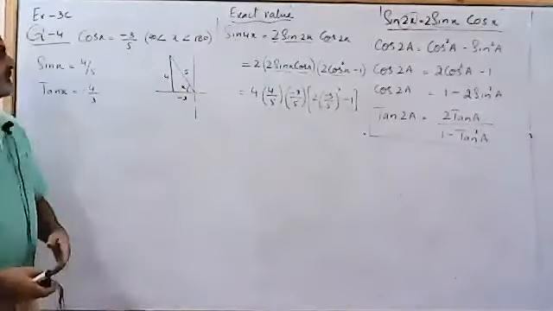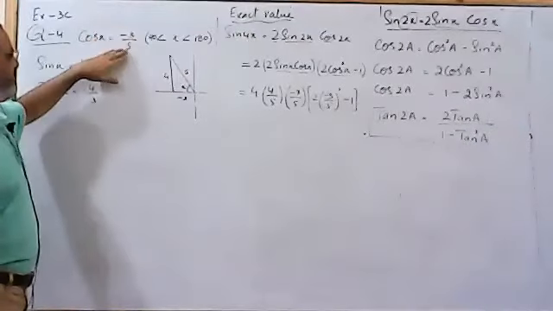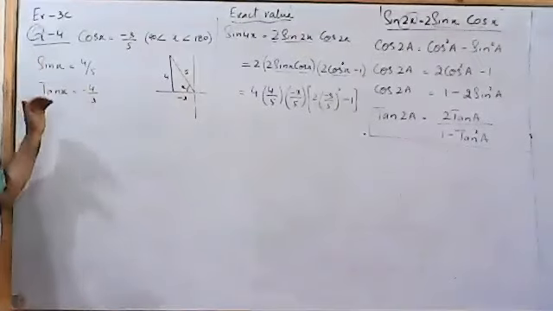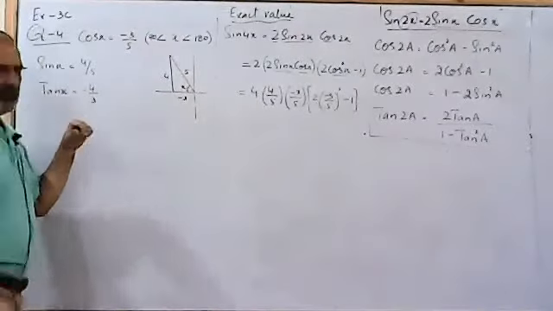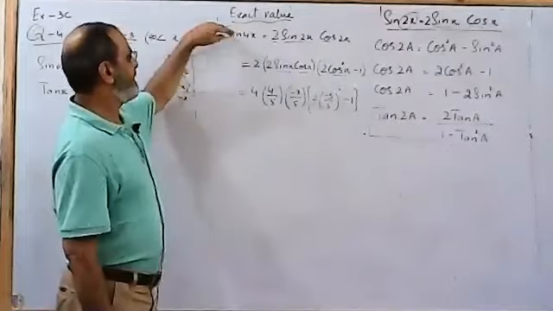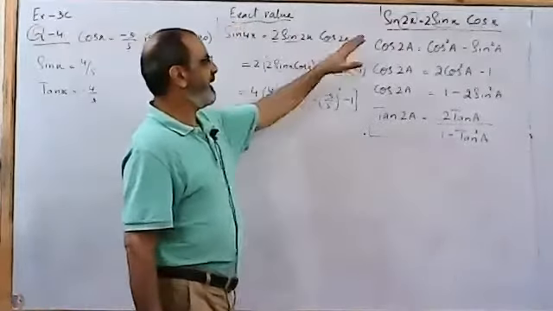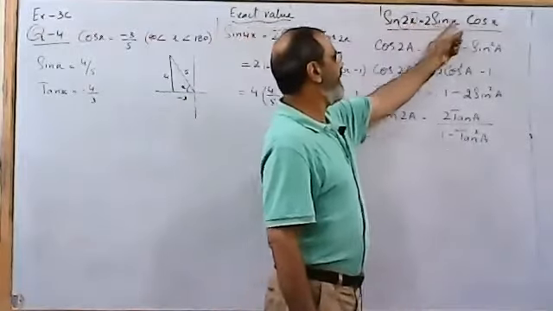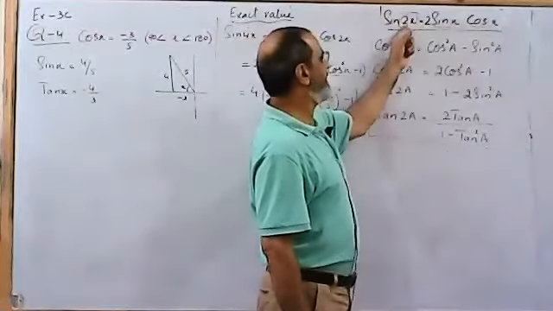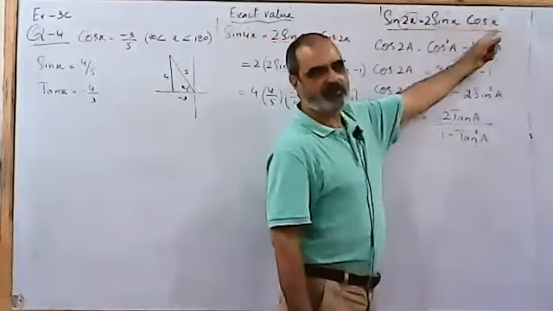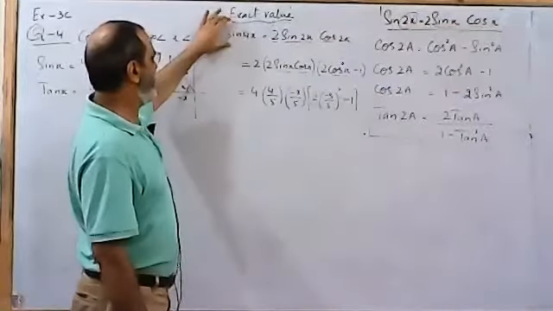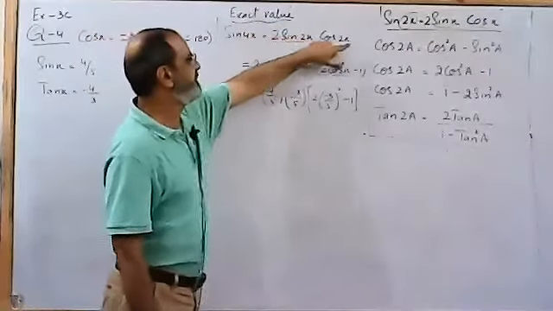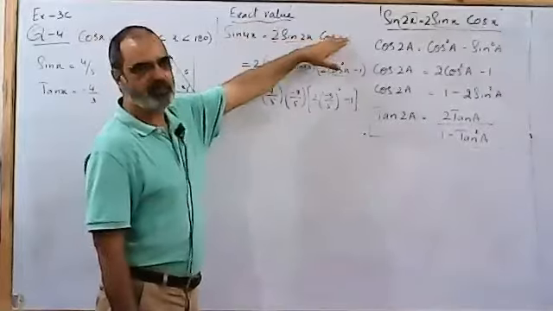So in the beginning, using cosine x equal to minus 3 by 5 and x lies in the second quadrant, I calculated the values of sine x and tan x. Then the second part said find the exact value of sine 4x, so I applied this formula. In this formula, we are using half angles. The 2x is a double angle and its half is x. So when I apply the first identity, I have written 2 sine cos, but the angle is half. Instead of 4x, I have written 2x and 2x.